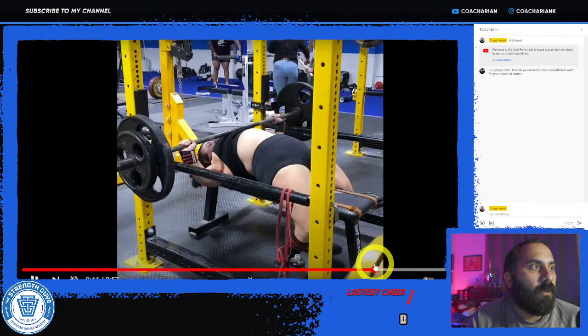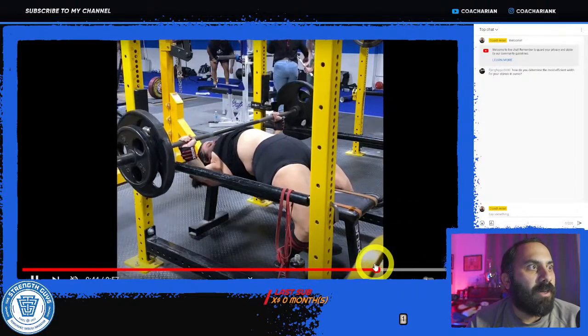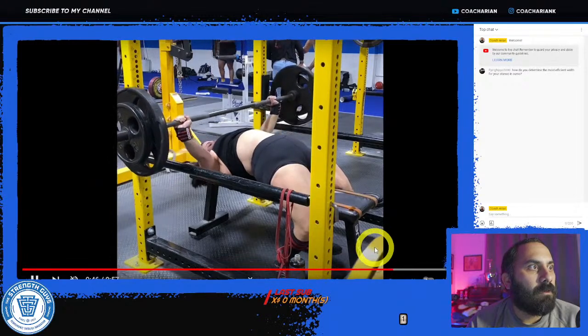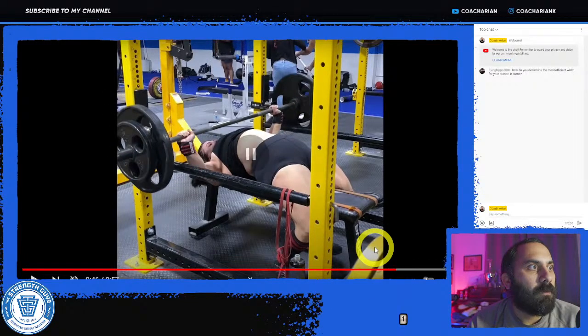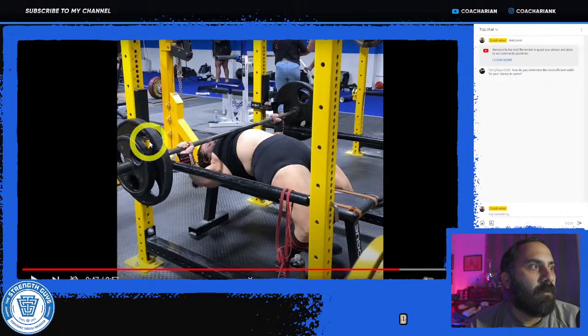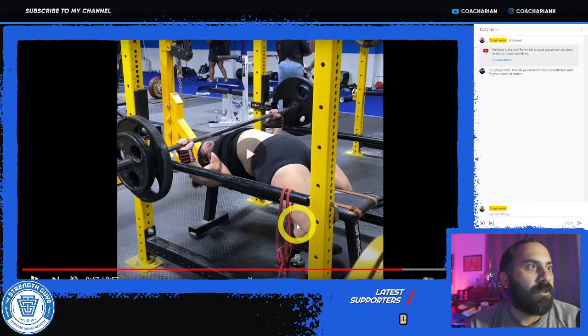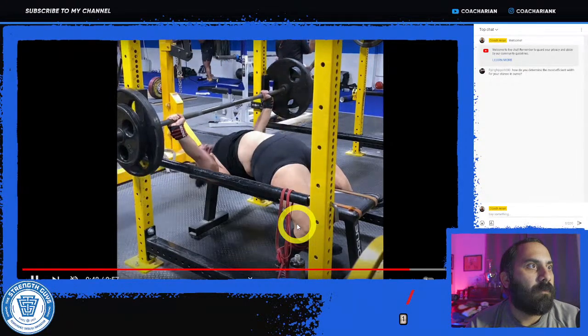And then you can see as far as the bar, it's a little bit uneven on some of the reps. So like this one right here, it looks like it's a little bit tilted. This side's going down more. And then again, you can see how close this is to the safety, and that's a little bit farther away. Again, a little bit tilted, potentially from just rushing the reps a little bit.